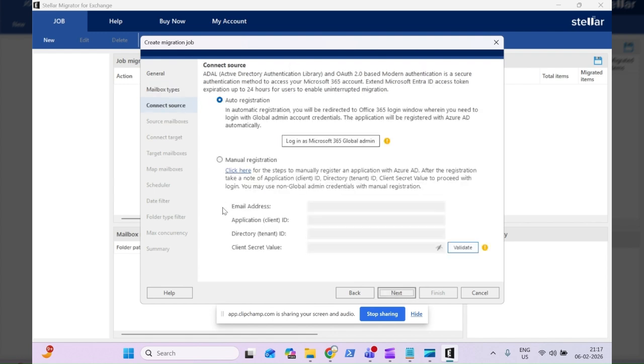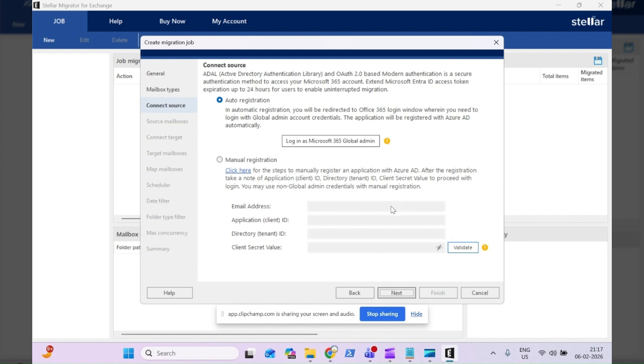And then there are two options to connect here. You can do an automatic registration by logging in with your global admin account, or the second option is a manual registration, where you create a service principal inside your Entra ID, and then provide that application ID, directory ID, and the secret, along with the email address, and then we do the validation.